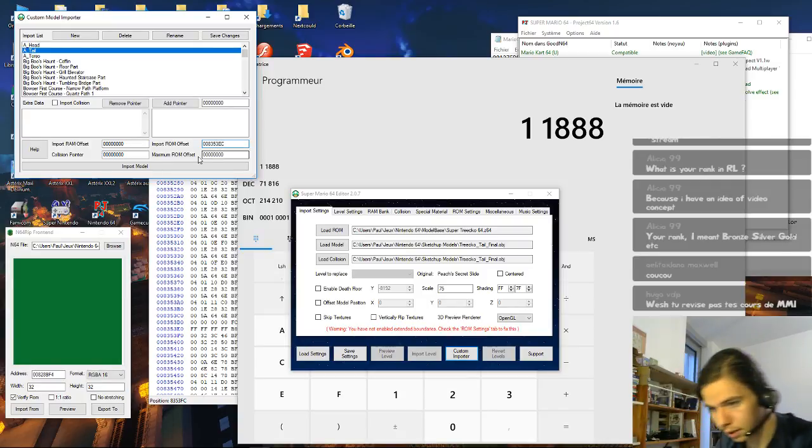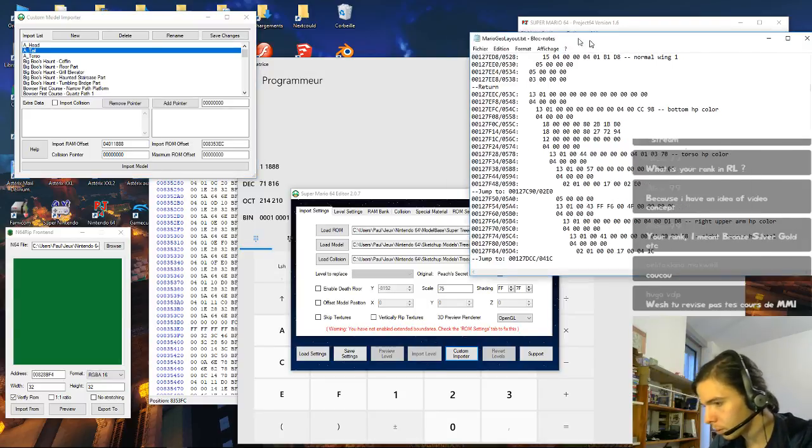Is that correct? It is. And the RAM offset is 0401 1888. Save changes. By comparison, yeah, we simply go a few bytes later, and we take again the -0 layout file, which is so useful,